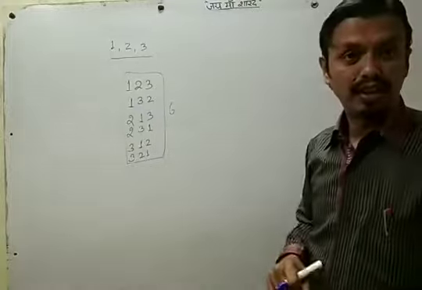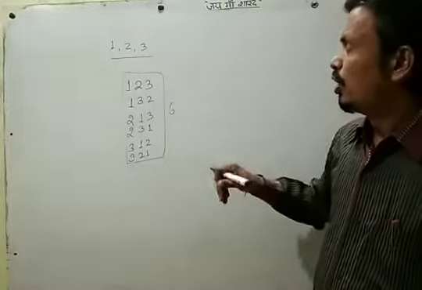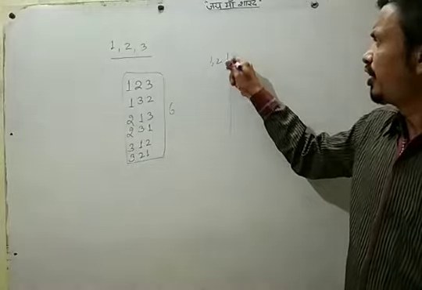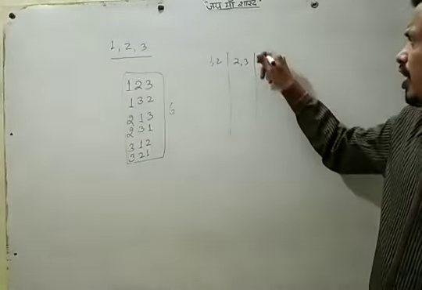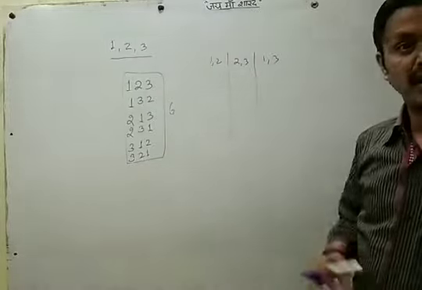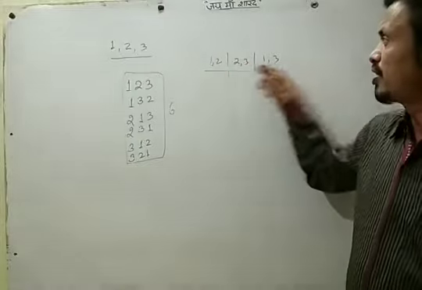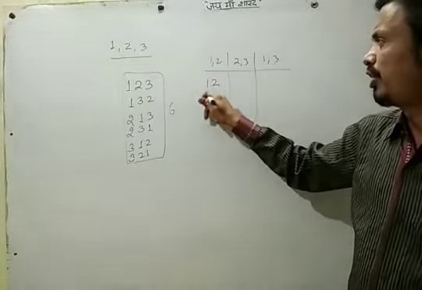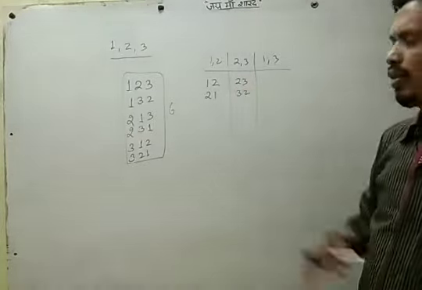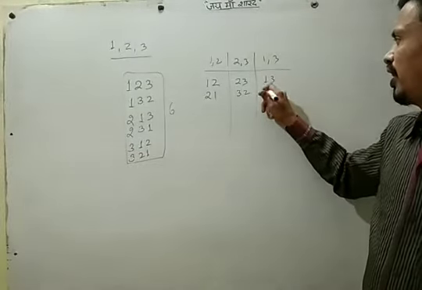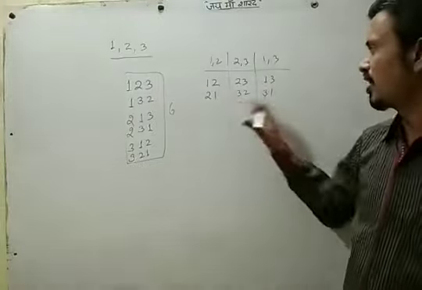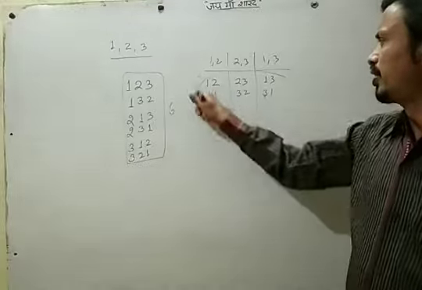If we take any 2, then how many arrangements can we make? Which 2 can we take? One option is 1 2, or we can take 2 3, or we can take 1 3. These are the choices. Now we want to make some numbers with the help of these. Using 1 2 we can form 12 and 21. With 2 3, 23 and 32. With 1 3, 13 and 31. If we don't repeat any digit, then these are the possibilities. So again we have 6 numbers.